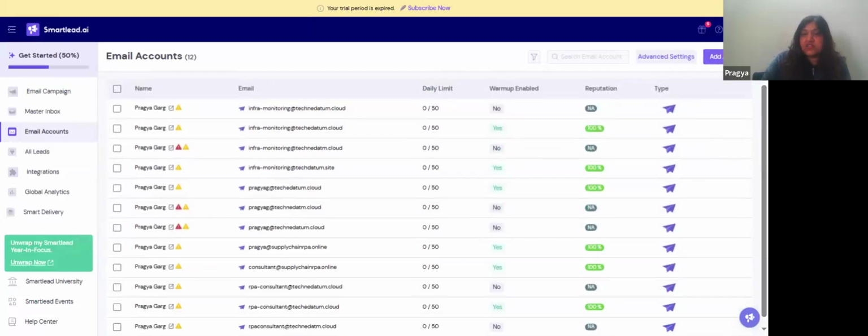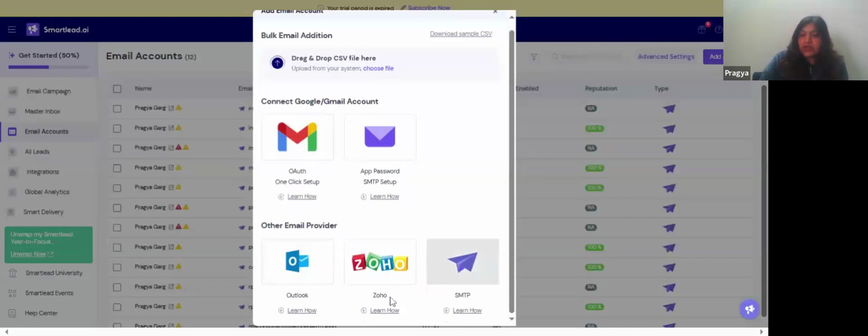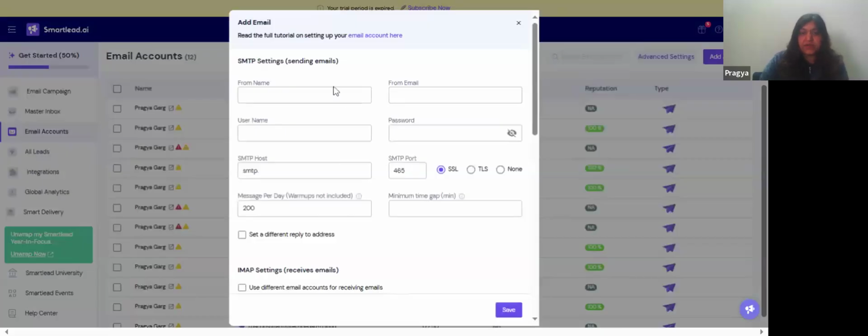So basically, let me just catch on. If I want to add an account, usually I do it the SMTP way because I already have my server. You can use Gmail, you can use Outlook, you can connect with any of the providers. So I usually just do the SMTP way. I put the name from where it is going to go.